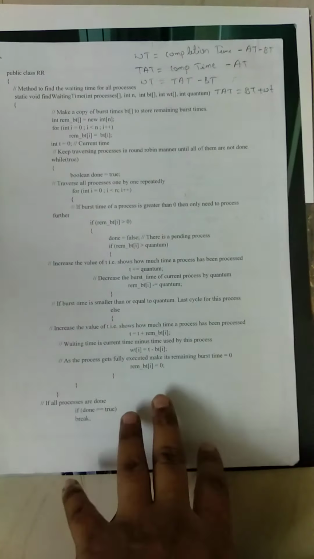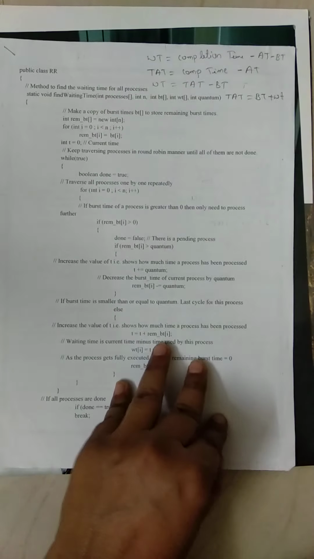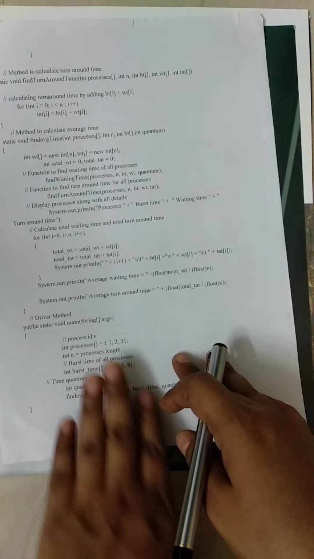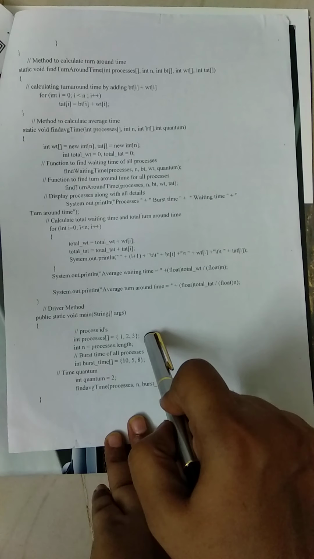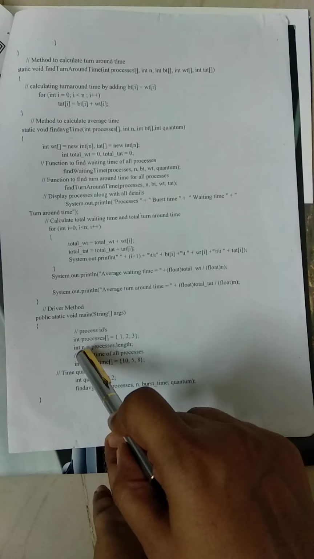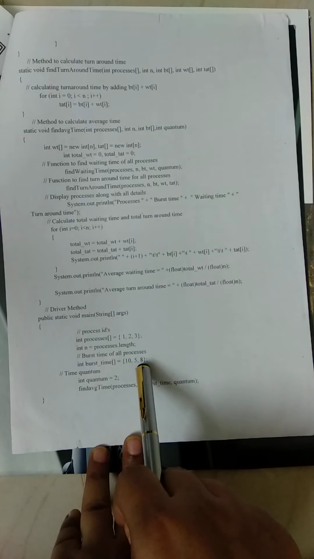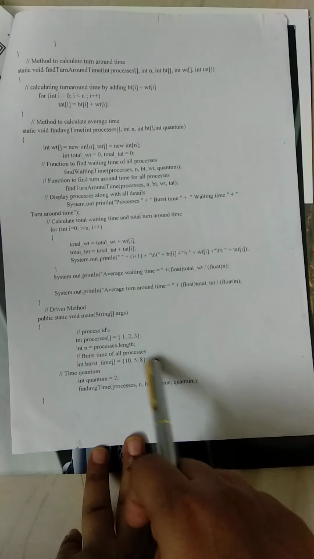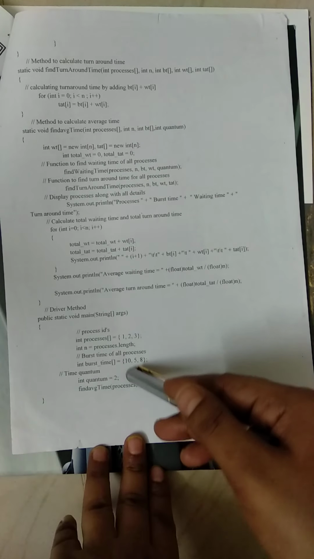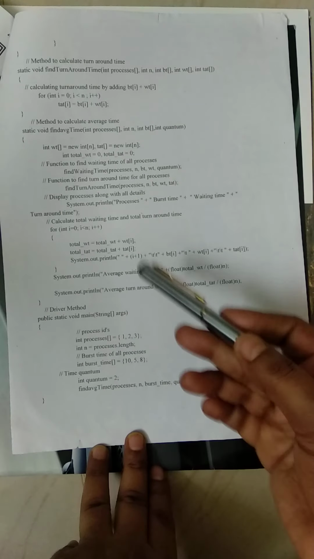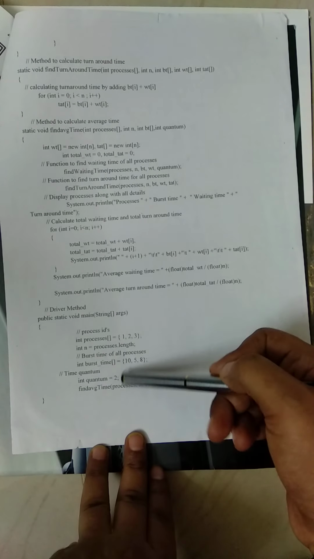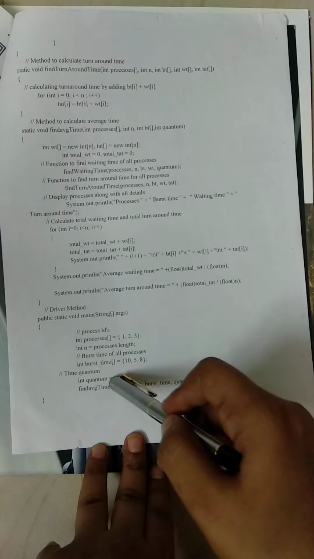Now we'll go to the actual code of round robin. So we'll start with the main program. Here, in this main program, 3 processes we have considered, and length is calculated, and n gives you the number of processes considered, and burst time is defined for all the processes: 10, 5, 8. And for this problem, I have considered 2 as the quantum size. The problem we solved earlier used 4, whereas here I have considered 2. And we can change this value as well.